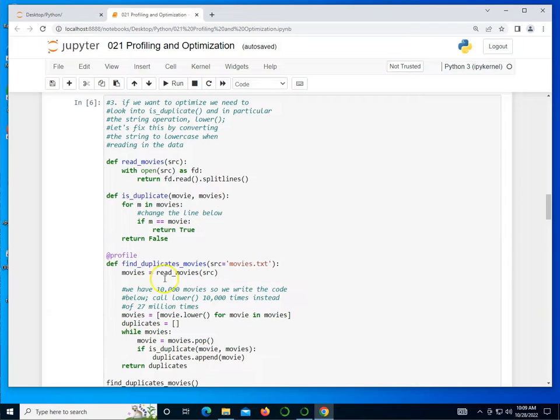What I did was in the find_duplicates, when I'm reading in the movies, I basically have a list comprehension: movies = [movie.lower() for movie in movies]. So for each movie, as we loop through the list that we read in, we basically convert everything to lower. So we don't have to do that comparison every single time over here. So that's the only change we've made. We still have is_duplicate, which is a problem, but let's go ahead and execute this third